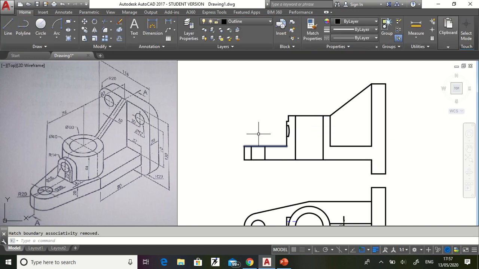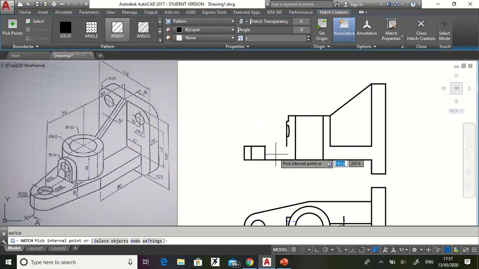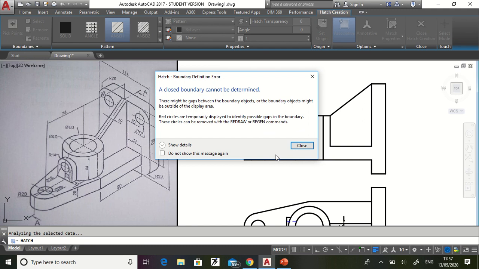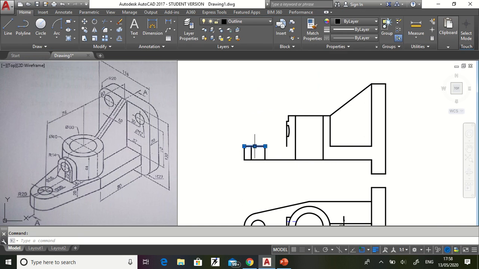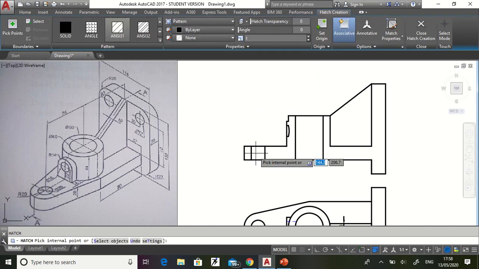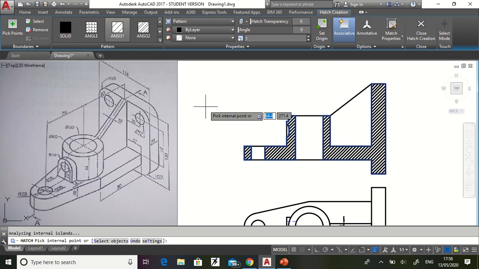So once you draw this orthographic projection, you have to clear all your area, and that area should be completely filled. What will happen if the area is not completely filled? You see that there is a gap over here, and once I say H enter, hatch enter, and I try to click here, it is not getting clicked. What it is saying, there is no closed boundary. So we have to make sure that the boundary is closed, and then only hatch command can be executed. So hatch command, select the, which is called as select pick points.